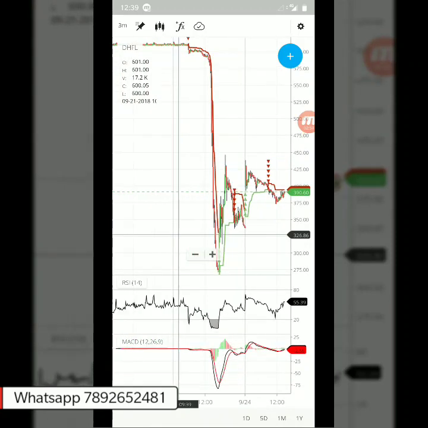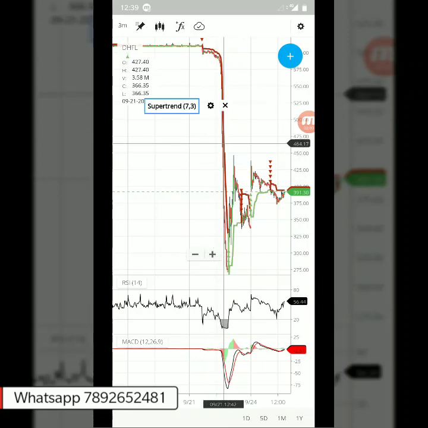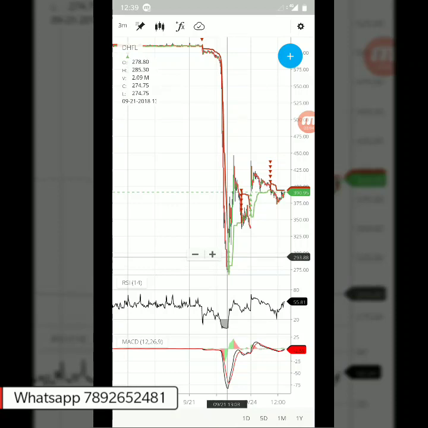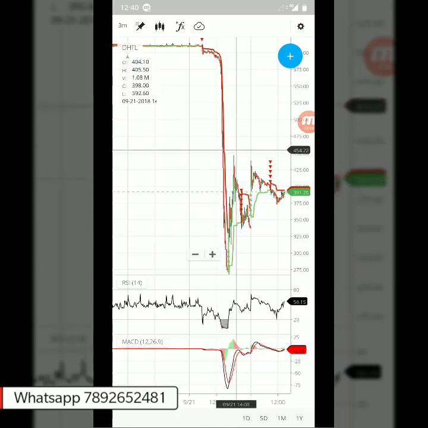The other day, shorting is where we made money. Shorting over here, somewhere here is where we recognized it, and later the stock went very badly, and again there was a super trend opportunity from here to here. It was a very dangerous day for beginners if you are trading with cover orders and you are in the opposite direction.